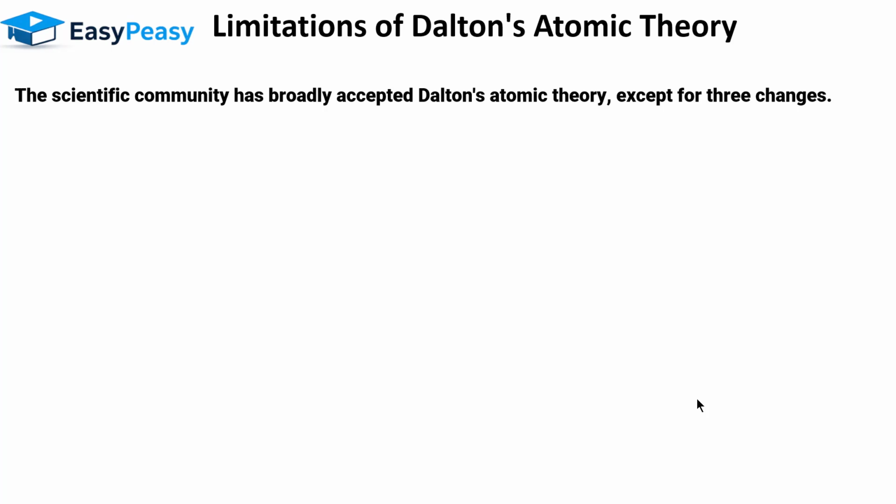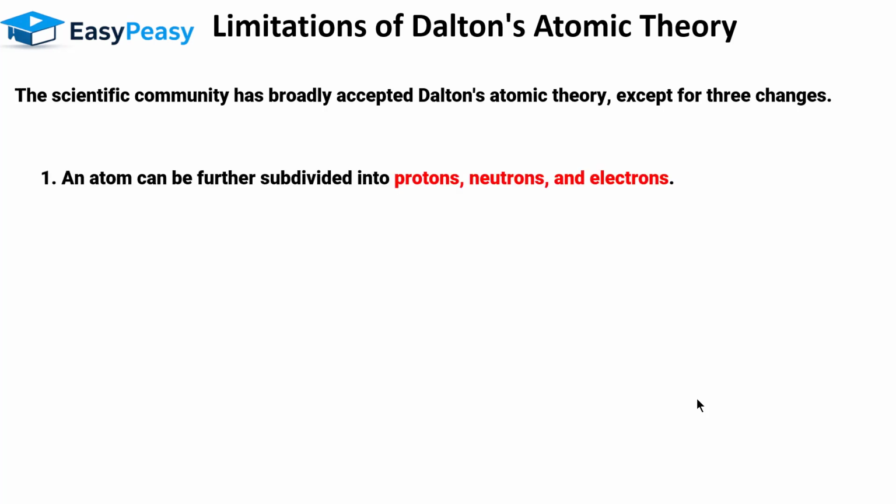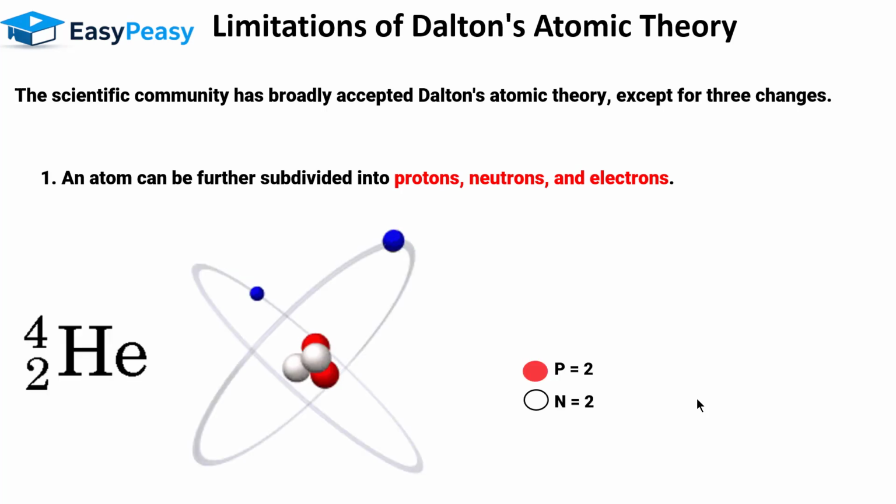The scientific community has broadly accepted Dalton's atomic theory except for 3 changes. The first limitation is that an atom can be further subdivided into protons, neutrons, and electrons. Just like here, this is a helium atom. And now we know due to modern techniques that the atom does have all these subatomic particles inside. So these blue circles are representing electrons, the red circles are representing protons, and the white circles are representing the